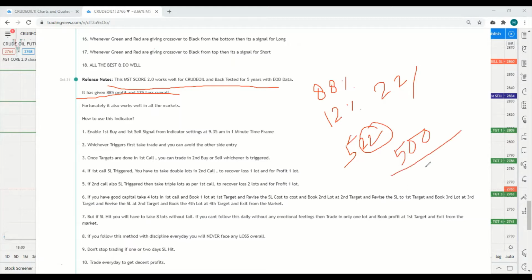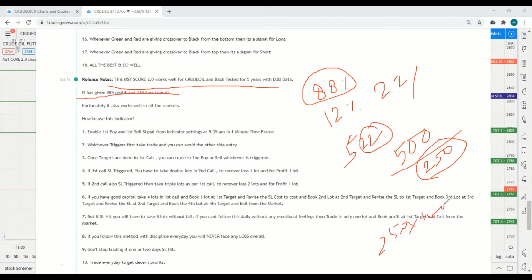Even if you are losing 250 points with your own mistakes and you are getting 250 points in a month, even if it is working for only 44%, then you are getting 250 points. So 250 into 100 rupees, you are getting 25,000 rupees profit in a month. Even if you have invested 1 lakh rupees, you are getting 25,000 in a month only in the